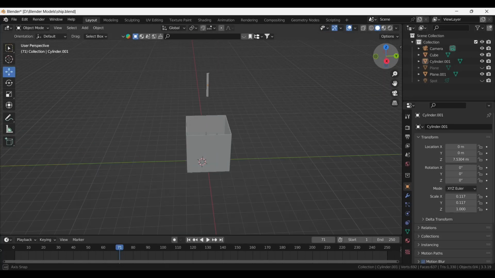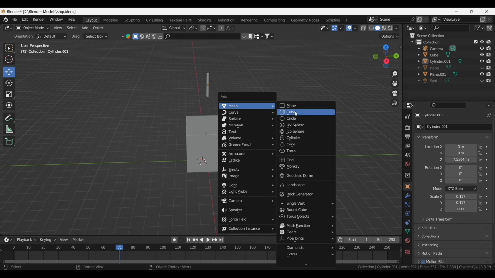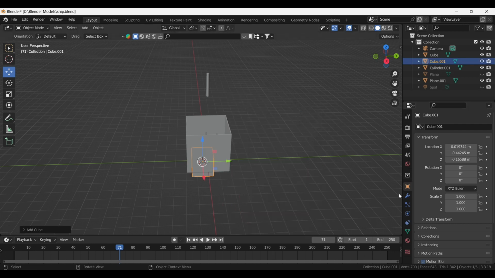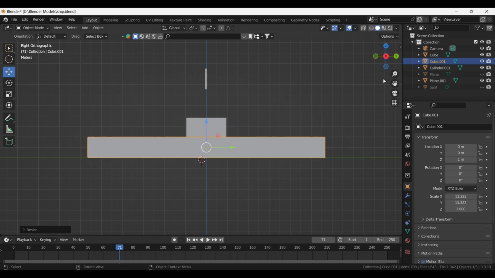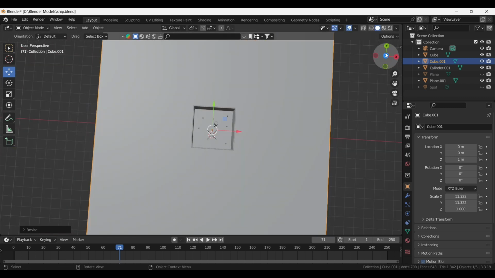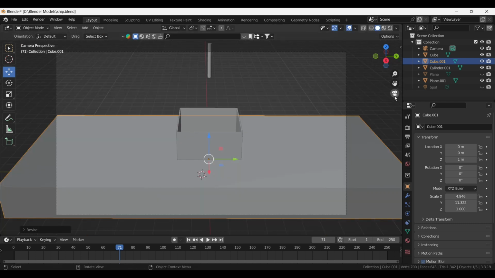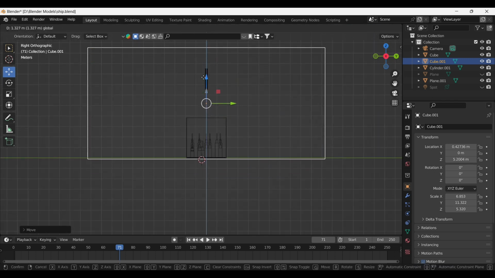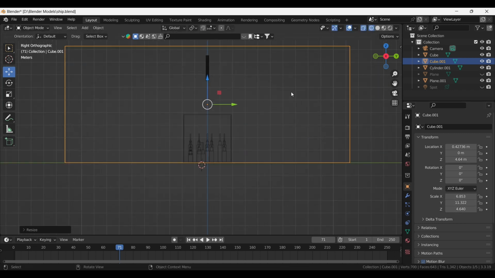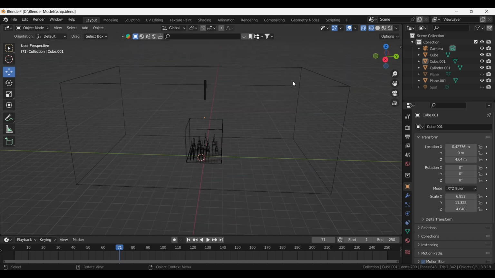Now, fluid simulations require a domain for the fluid to be inside something. For that purpose, I'll just add a cube and scale it according to my requirements. But just make sure that your source fits inside a domain or the fluid simulation won't work. A domain of scale like this is perfect for me, and now I'll just select the source, go to physics